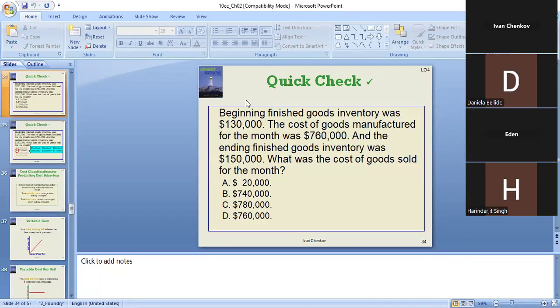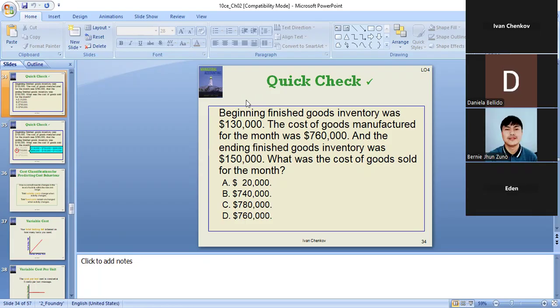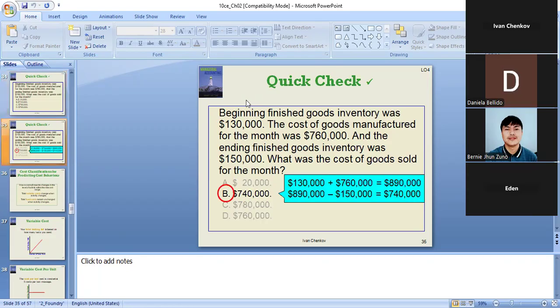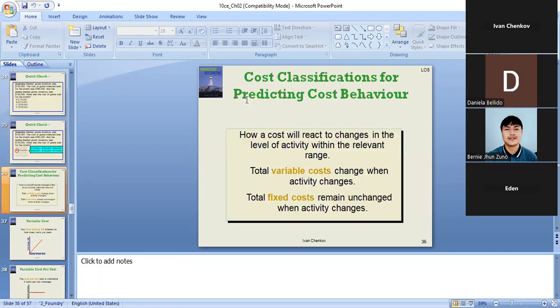Next one. Finished goods. Let's find the cost of goods sold now. Finished goods beginning balance 130. We manufacture for cost of goods manufacturing 760. Ending balance of the finished goods at the end of the period is 150. How much we sold? Letter B, 740. Awesome. So now, let's finish with this product cost and let's move on now to